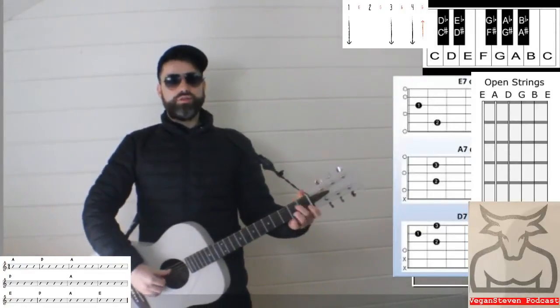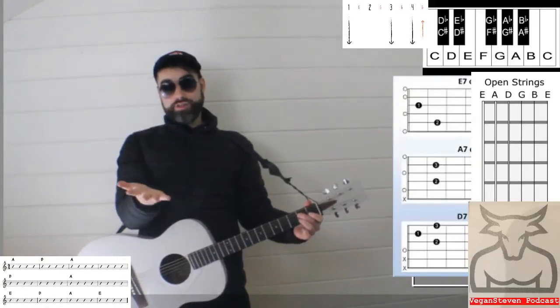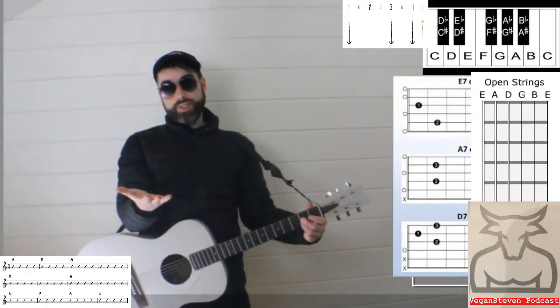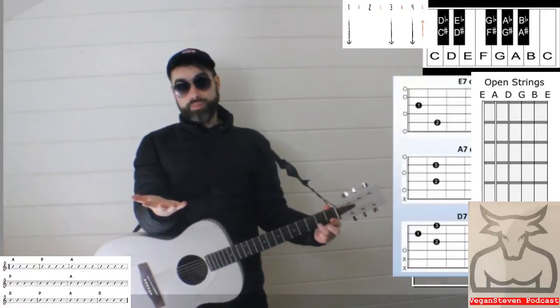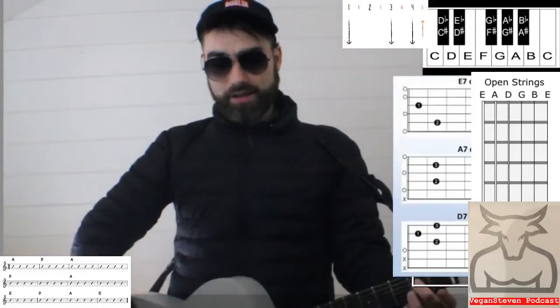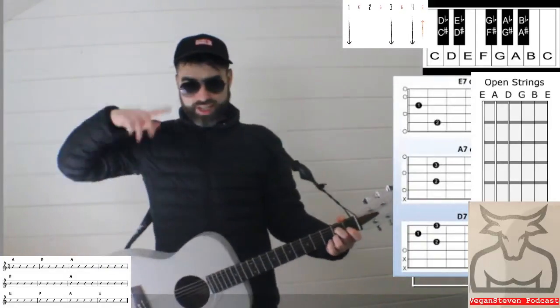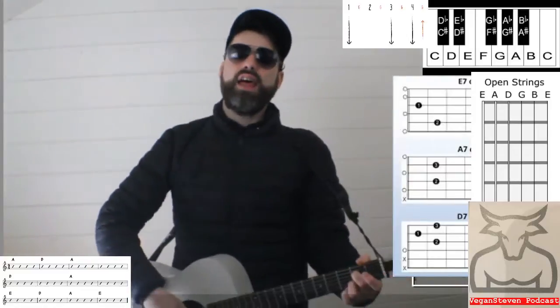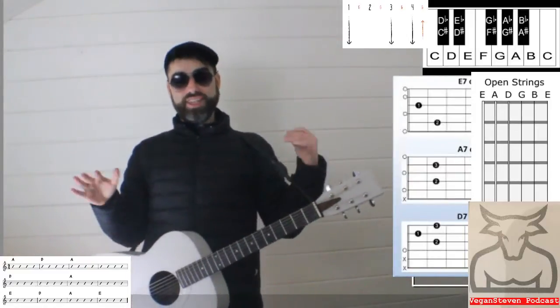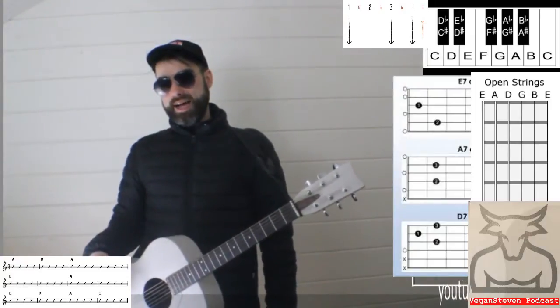We're just dipping the toe into music theory. A7. For this one, we need our middle finger on the D string, 2nd fret, and our ring finger on the B string, 2nd fret. Okay, I'm just going to keep repeating myself because this stuff takes a long time to sink in. I'm a very slow learner, so I just have to keep repeating this stuff again and again. And now, because I know all the basics inside out, back to front, in my sleep, it gives me...